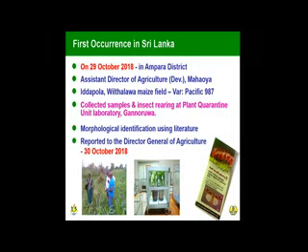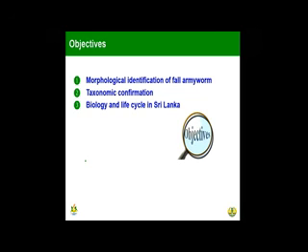Morphological identification was done using the literature available on the internet, and reported to the Director General of Agriculture on 30th October 2018. And this is the objective of this study: